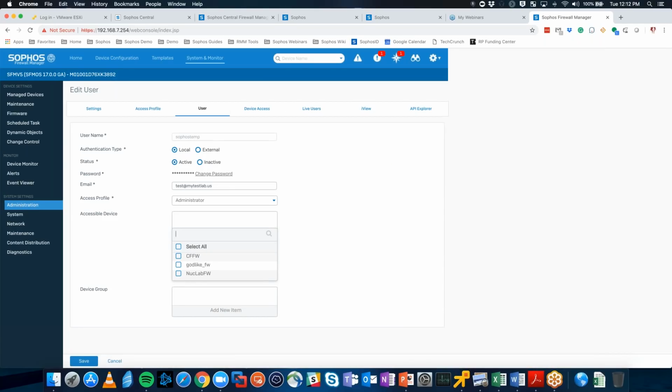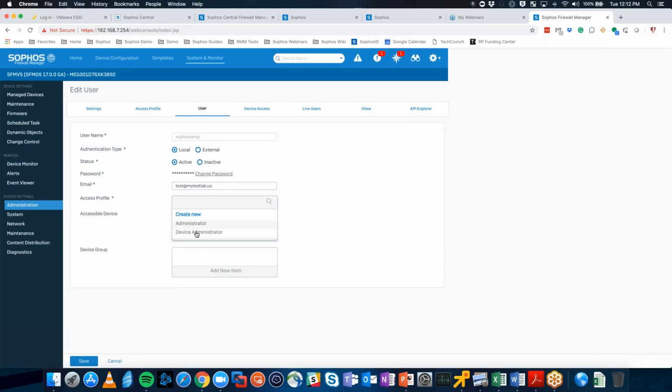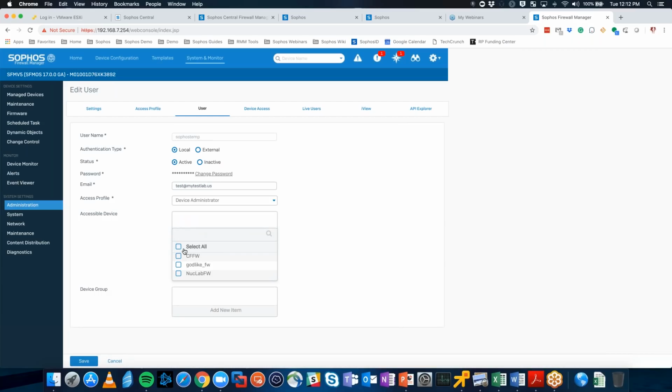This is customer login with their password. You select them as a device administrator, and you can select the firewalls that they have access to. They will only be able to see information on these firewalls. Cannot do that on